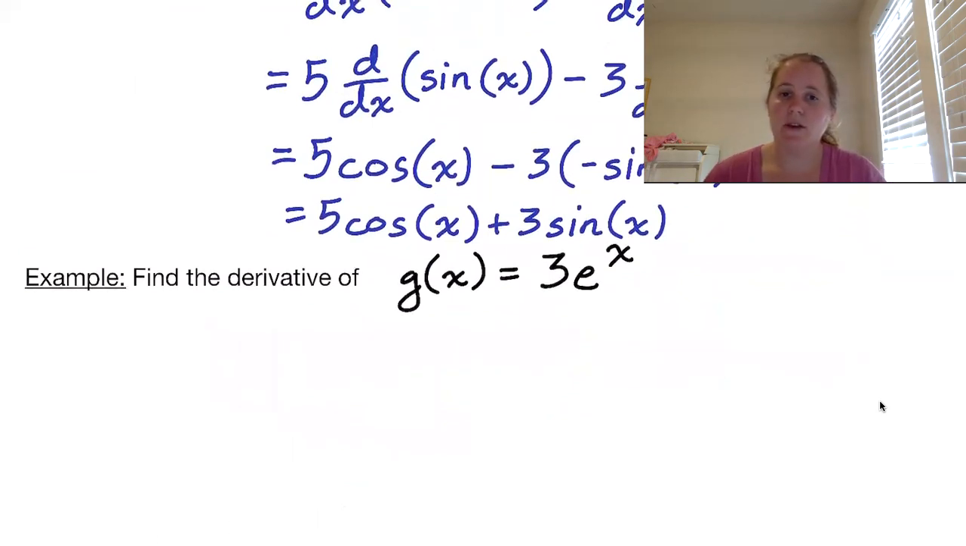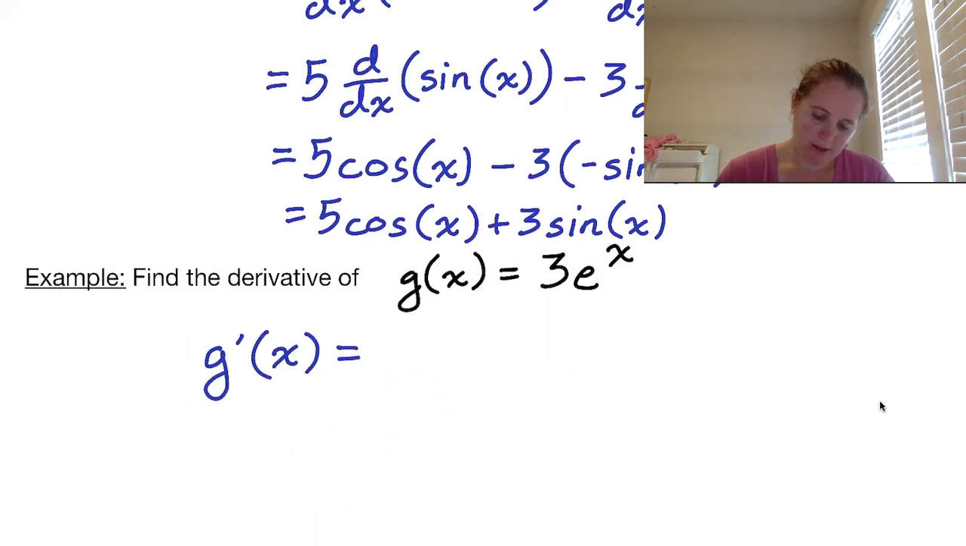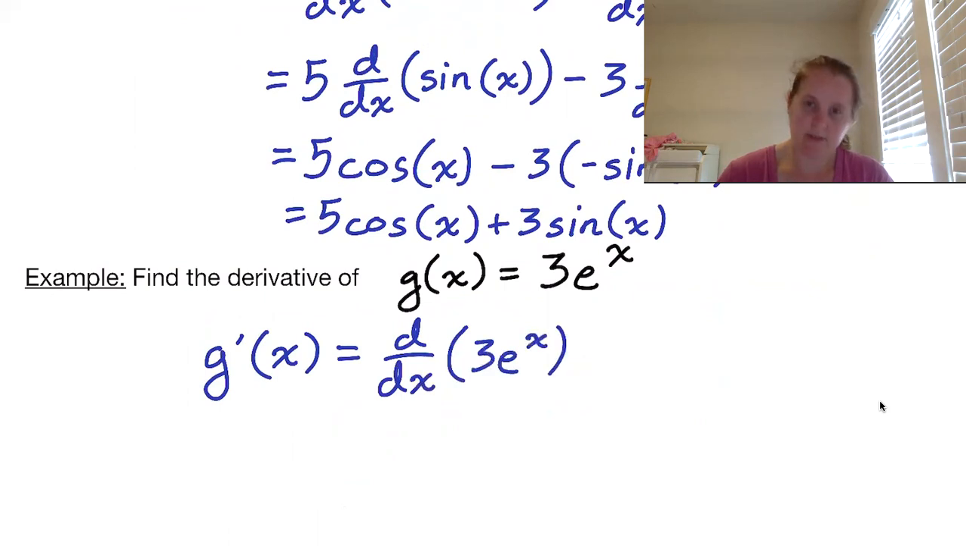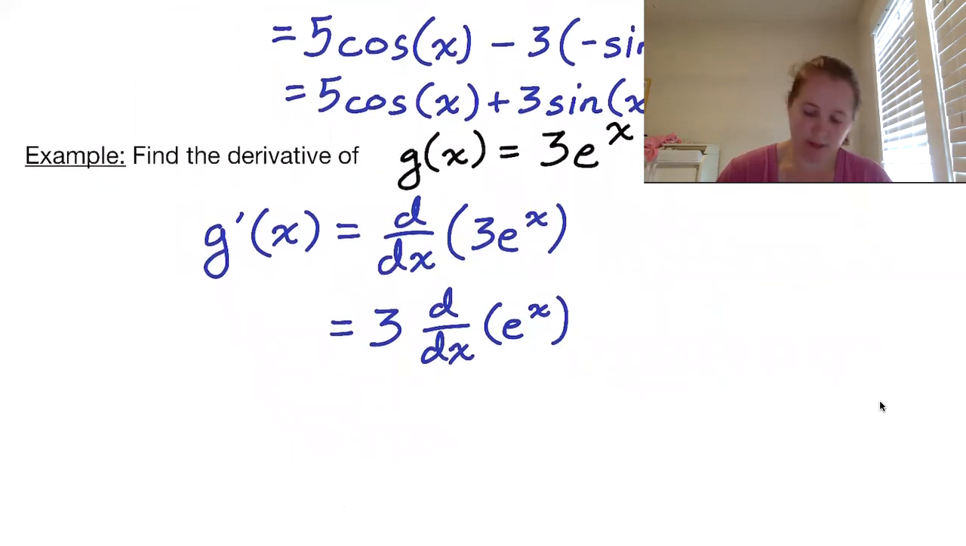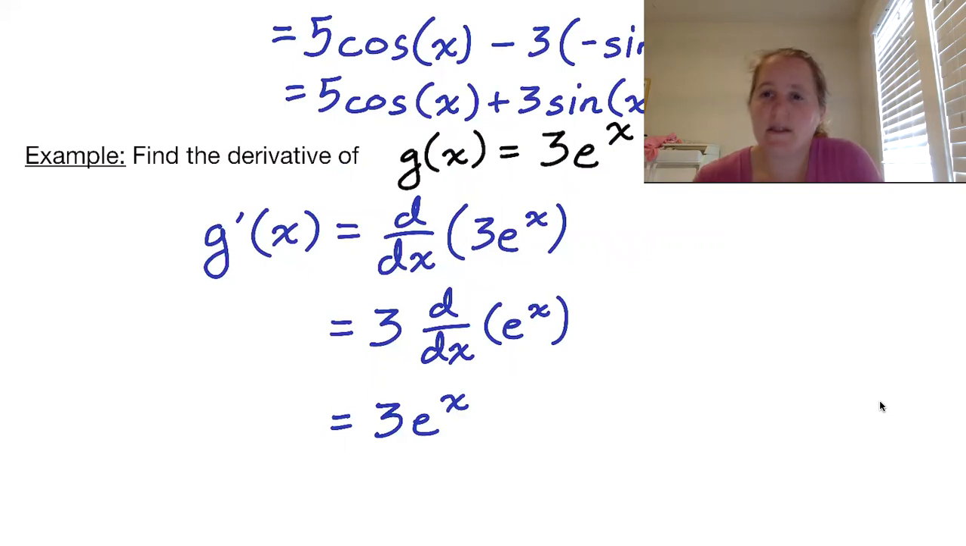Let's find the derivative of g of x equals 3e to the x. So g prime of x would be the derivative of 3e to the x. Again, we can go ahead and pull out the scalar multiple. This becomes 3 times the derivative of e to the x. And the derivative of e to the x is just e to the x. So we actually get out, once again, 3e to the x. So the exponential function, we essentially just keep getting the same derivative over